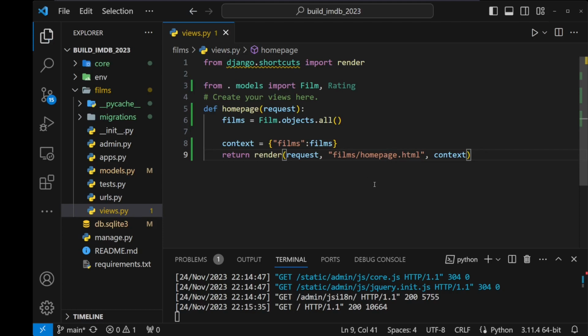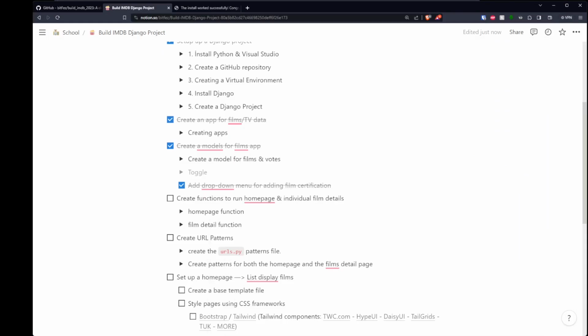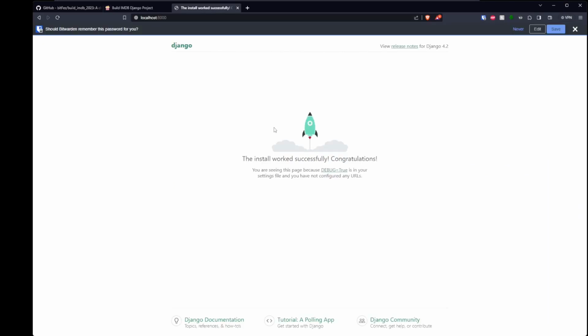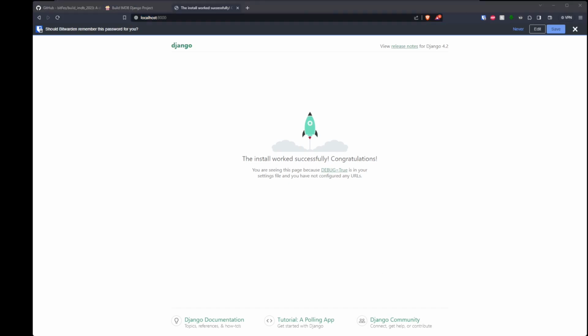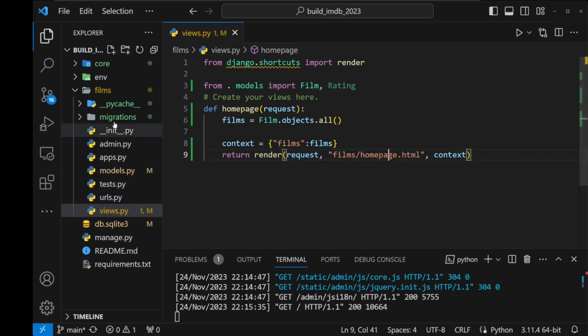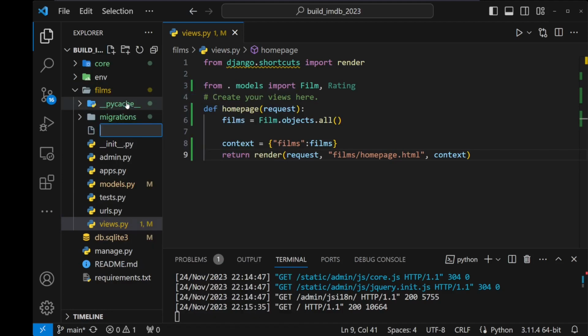So before I carry on, let's first of all create that basic template. This will replace this Django page. At the moment, when we make a request for the home page, we're just getting this, and now we're about to replace that. So to do that, let's go to our films folder and we'll create a file. That file must be in a folder called templates. So it's got to be called templates, it's got to be called films,